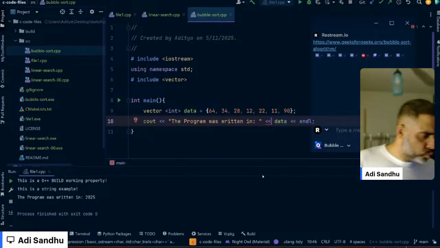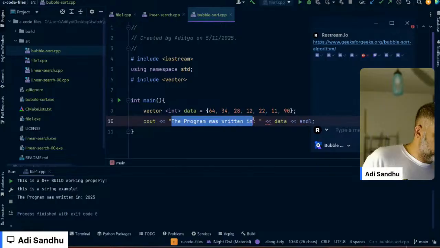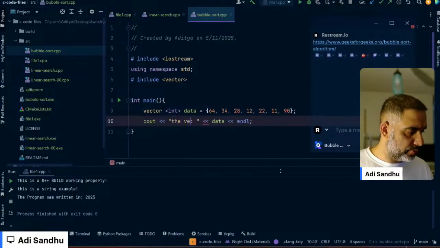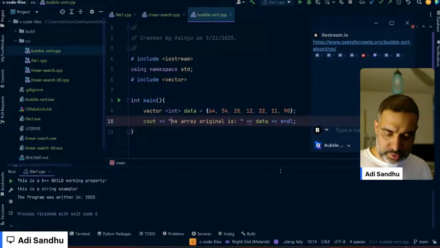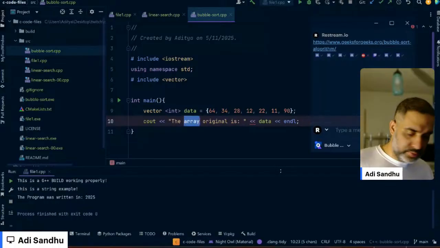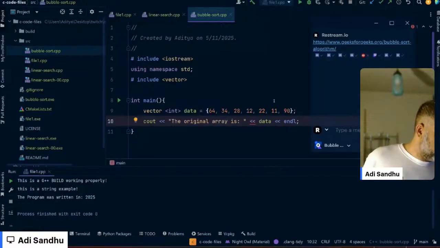And then, okay, the vector. The array is blah blah blah. The original array is